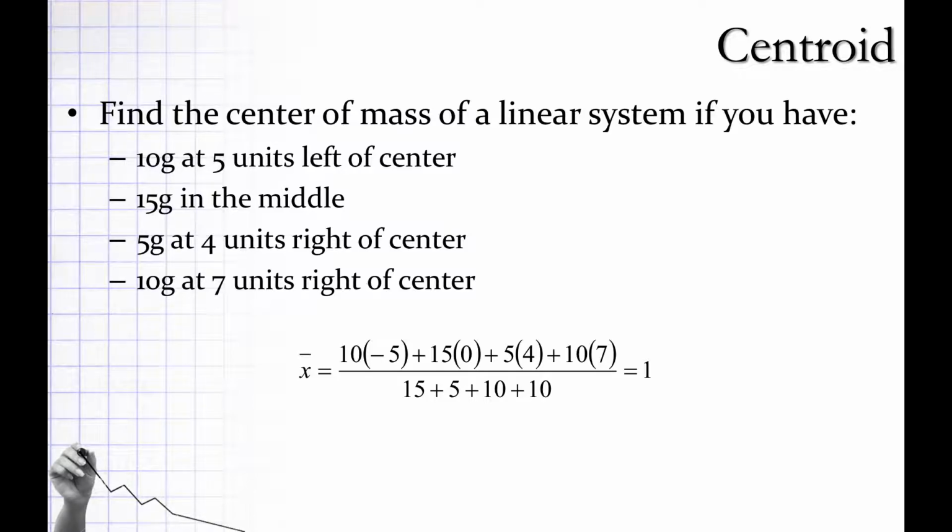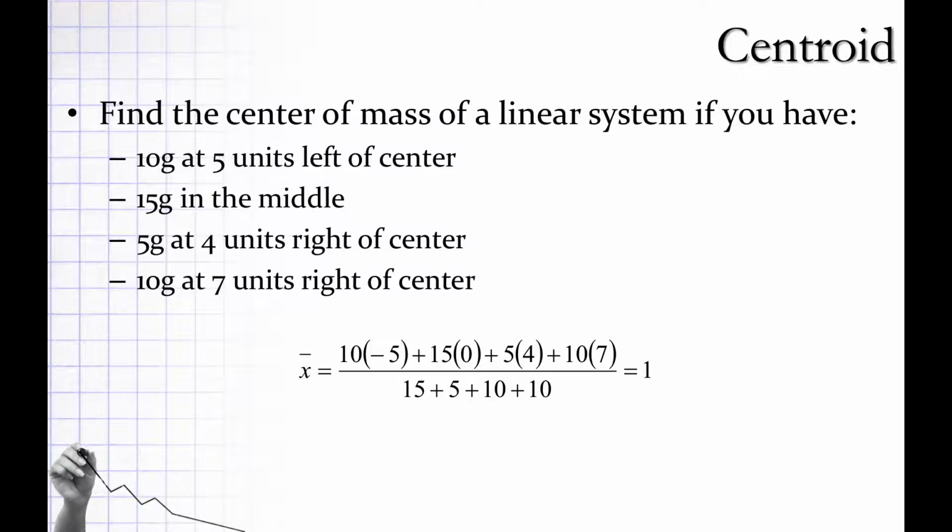Well, if we have a random object, this equation operates from the center of mass, and that's what we use for everything. But what if we do it to the left of that? Well, we put it at the origin. So 15 grams is our origin, basically. This says 5 units left of center, and in the middle, 4 units right of center. So if I moved it so instead of using the center, we used some other point that was on it, would it still work? Yeah, that's basically his question. We're just redefining the origin.